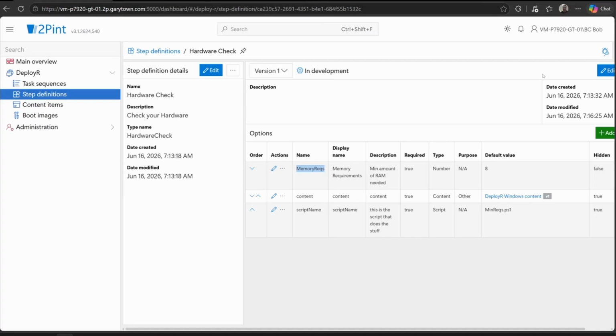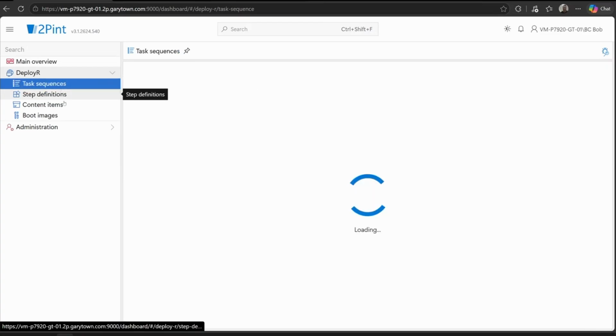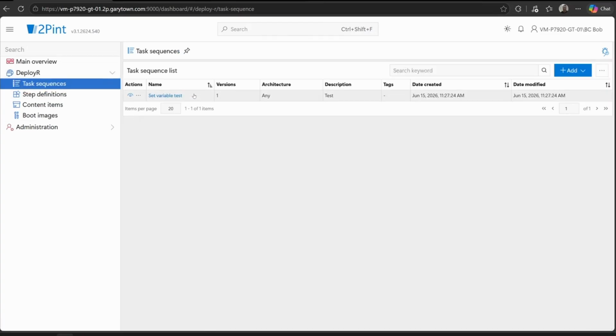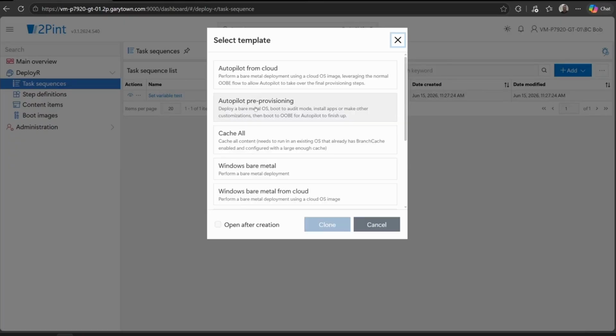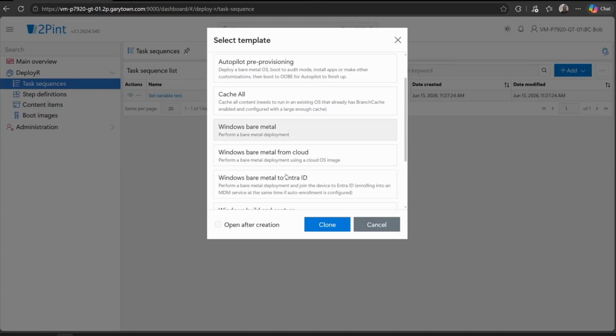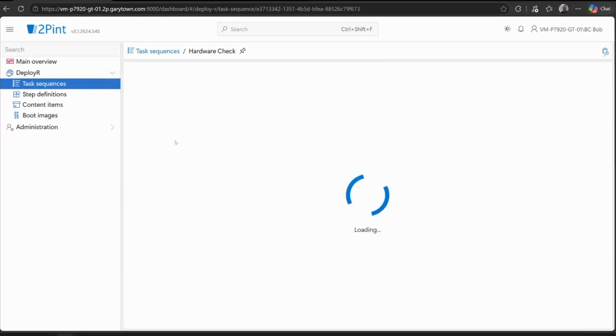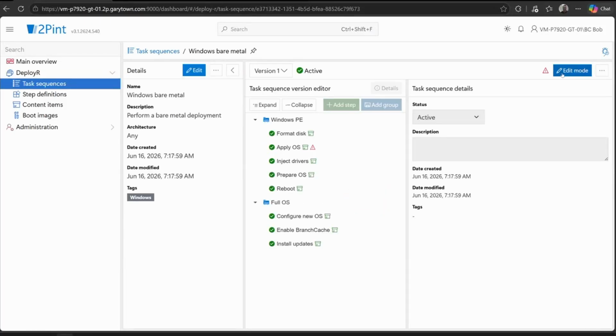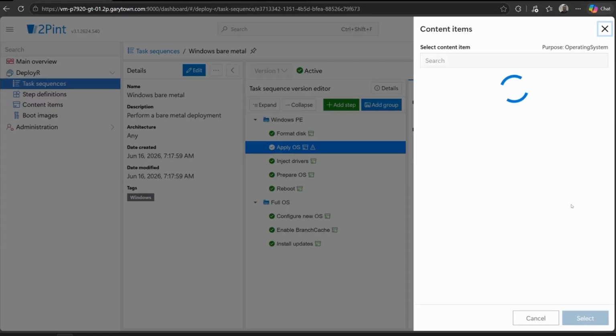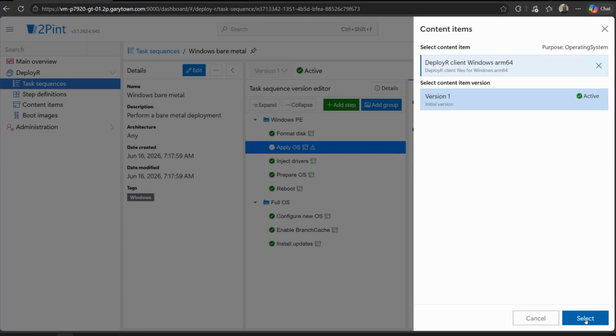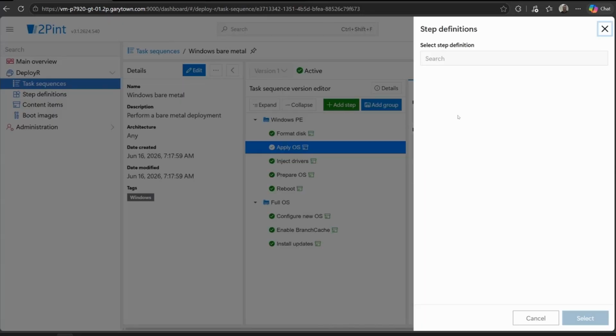I think I got ahead of myself here. So let's go ahead and go back here so you can see what this looks like in the task sequence. We're going to create a new task sequence here. Just bare metal. So we will edit. There, it wants us to do this. I don't have that. Just going to select anything, add step. All right. So now